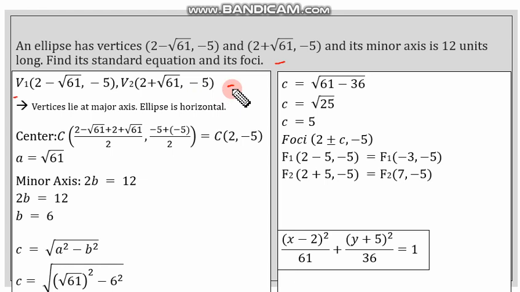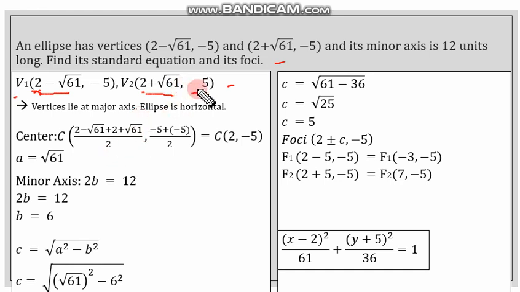Okay, so we will get the center of the ellipse. Now that's (2, -5), since we just subtract the square root of 61 from 2 to get vertex 1, and add the square root of 61 to 2 to get vertex 2. To prove that, we will add the x coordinates of vertex 1 and vertex 2,